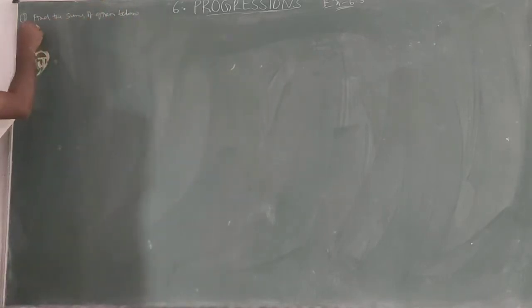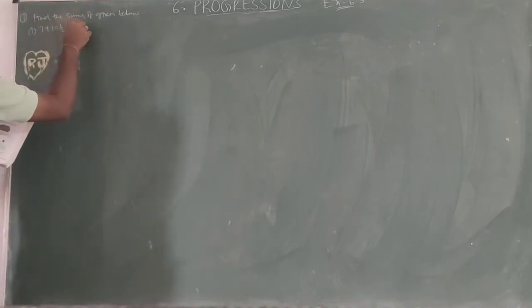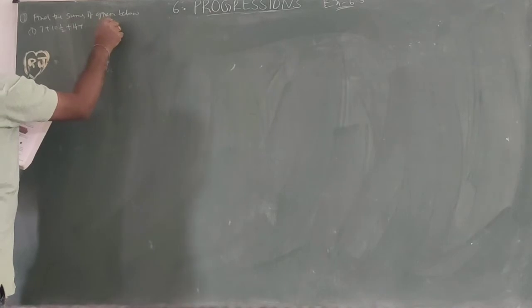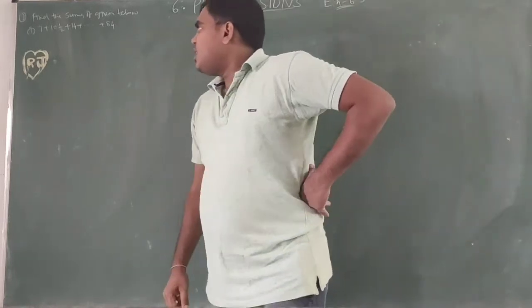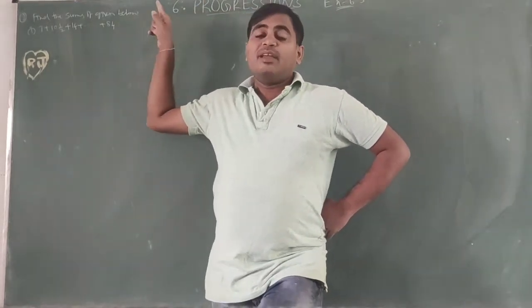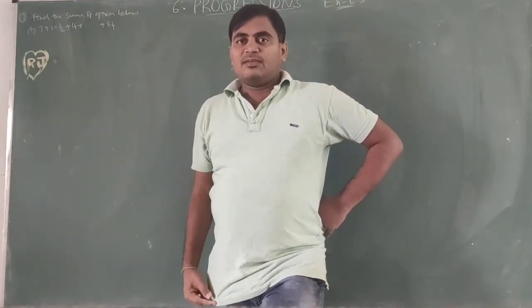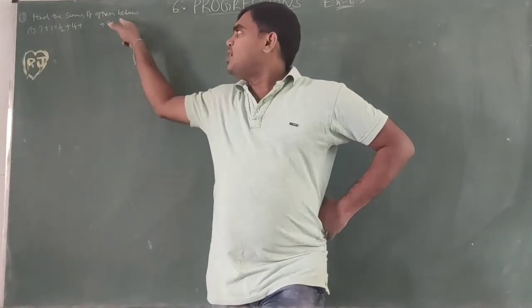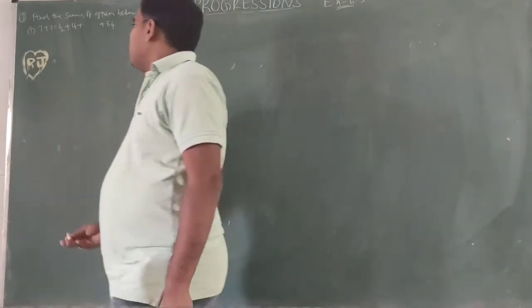First one: 7 plus 10 and a half plus 14 plus, and so on, up to 84. Previously, the number of terms was given. Here the last term is given, so we need to find out how many terms there are. Solution: